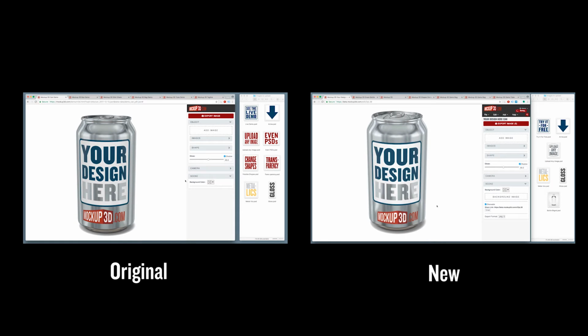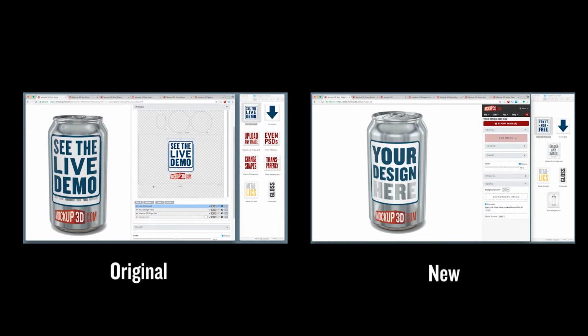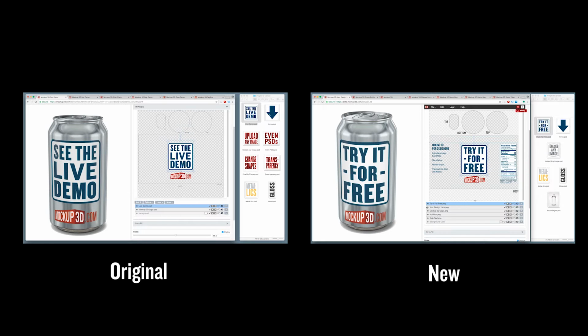Mockup 3D is online 3D for designers. See the demo. Try it for free when it's ready at